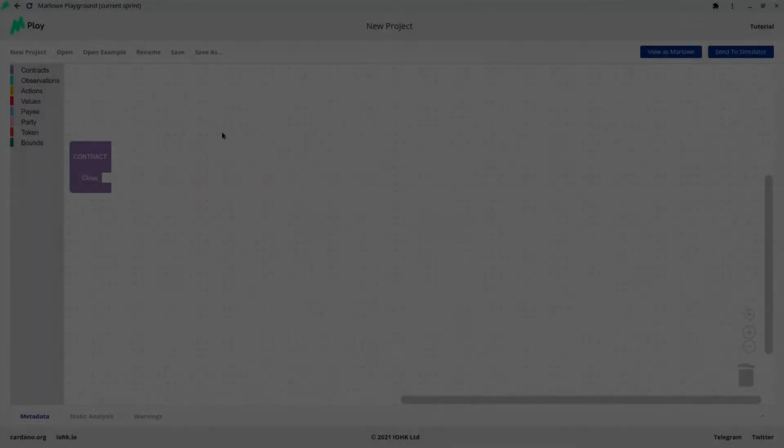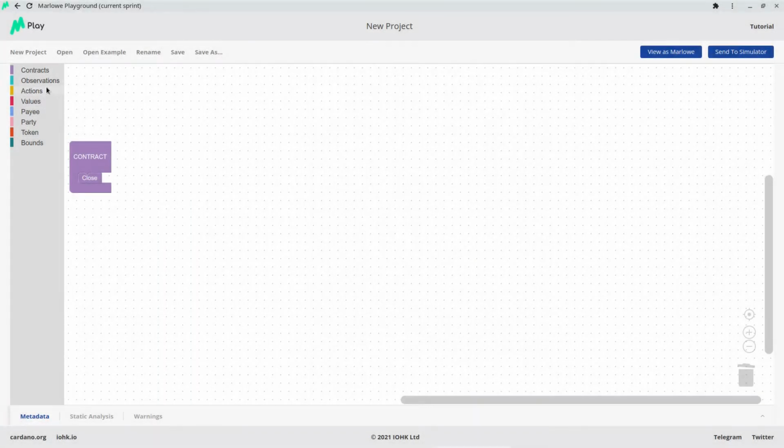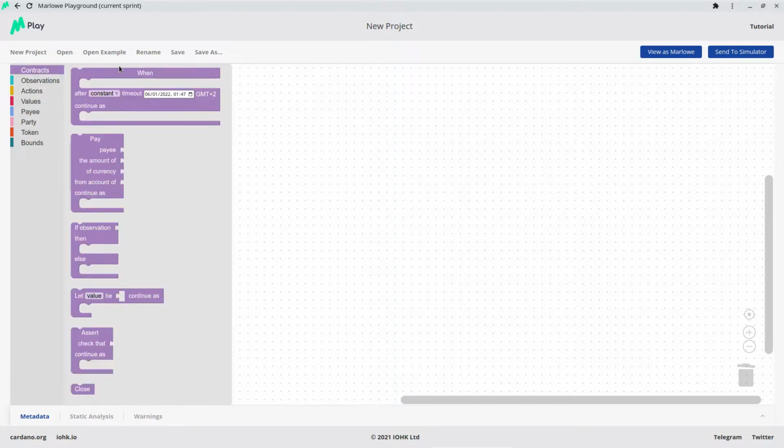Now let's look at some more important constructs. We can't go through all of them, but if we check contracts, we have talked about when, we have talked about pay. We haven't talked about if and let. So let's use an example that has if,